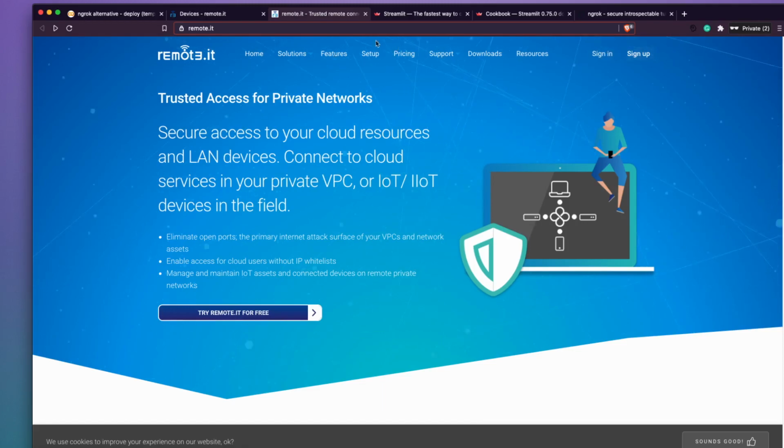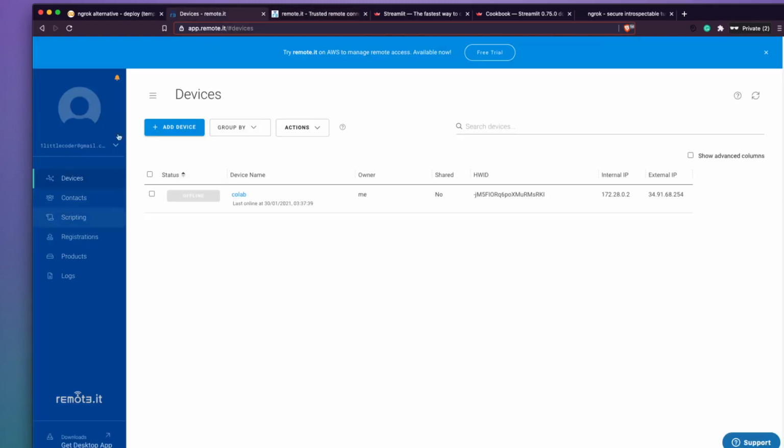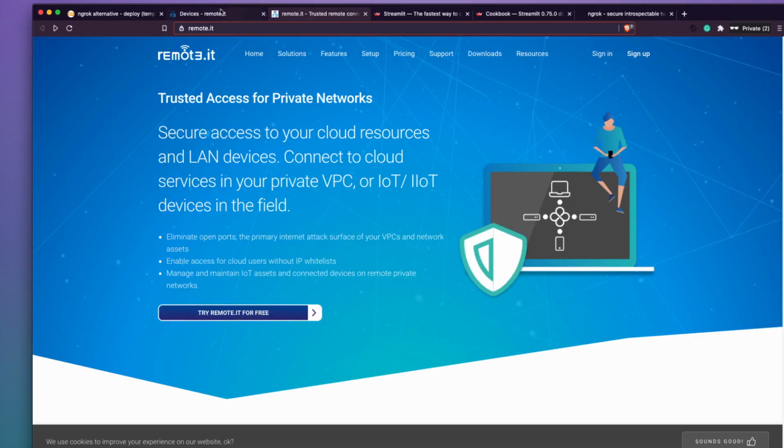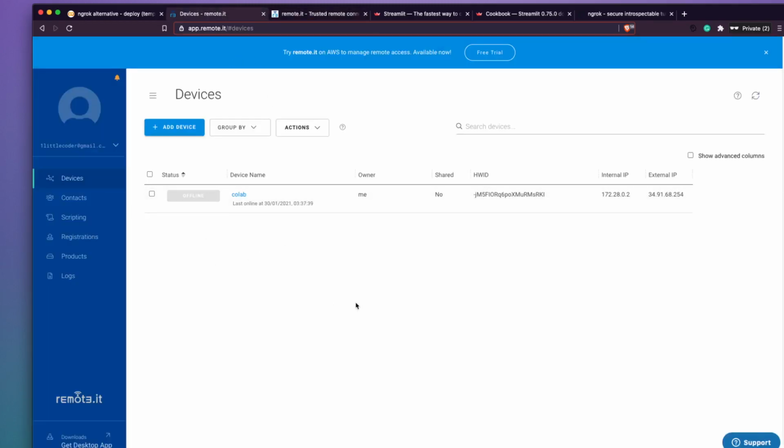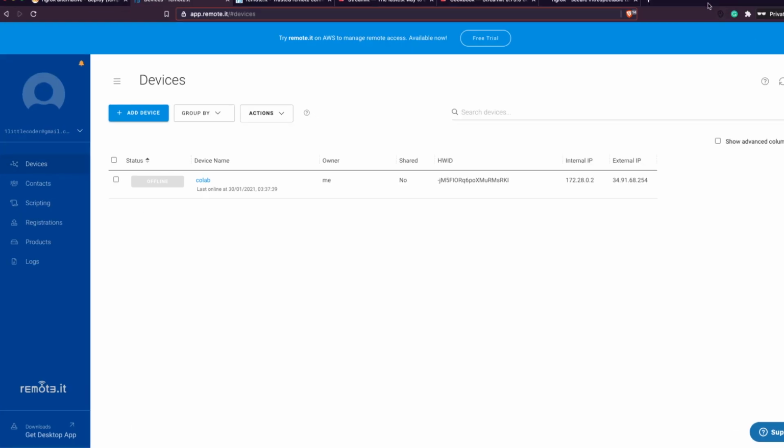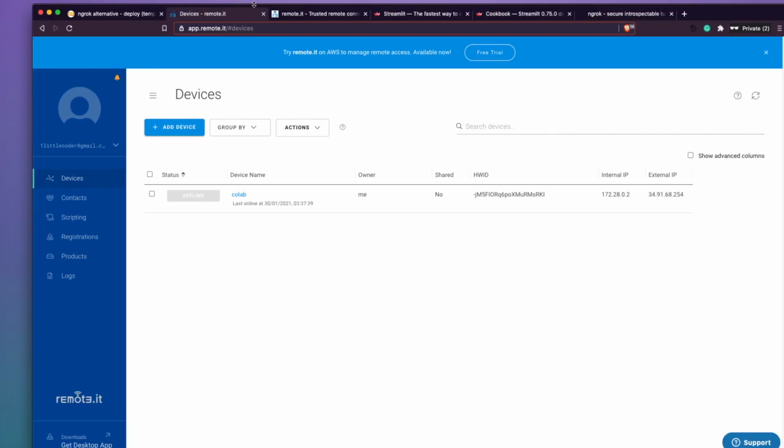Once you sign up for Remote.it, you would get a dashboard like this, and the dashboard would tell you to add a device, and it would have a bunch of other things. So the first step is to register for Remote.it. After you register, you have to do authentication on your email. After you do that, this is what you would get, and then you would also get documentation on how to install Remote.it on your client. Let me reduce the size a little bit.